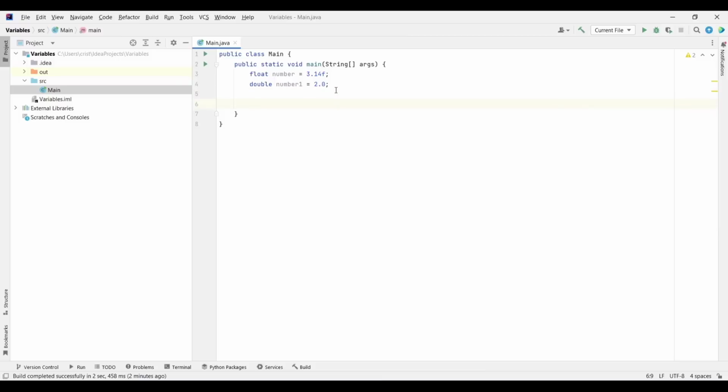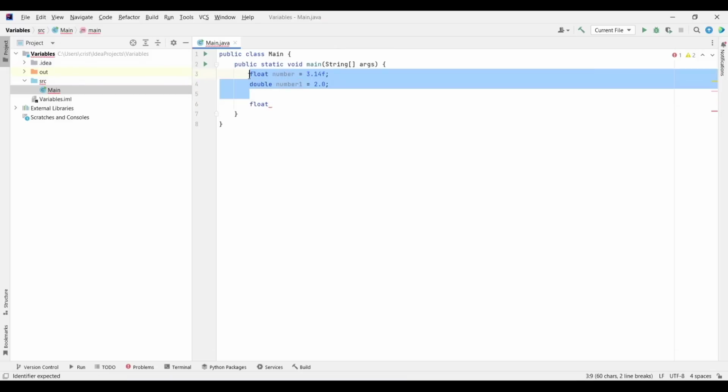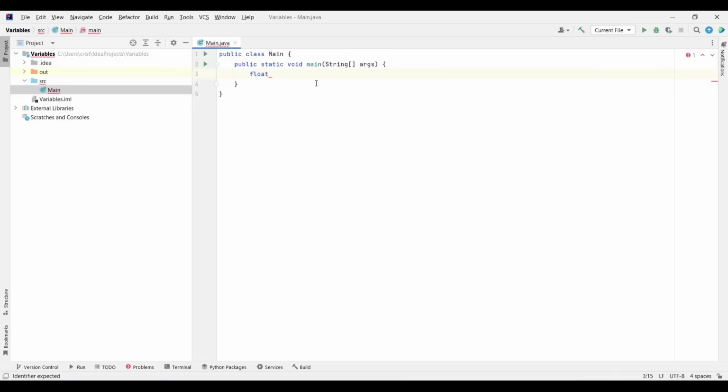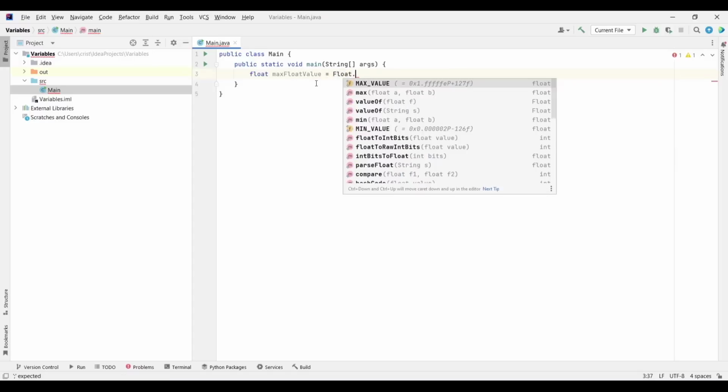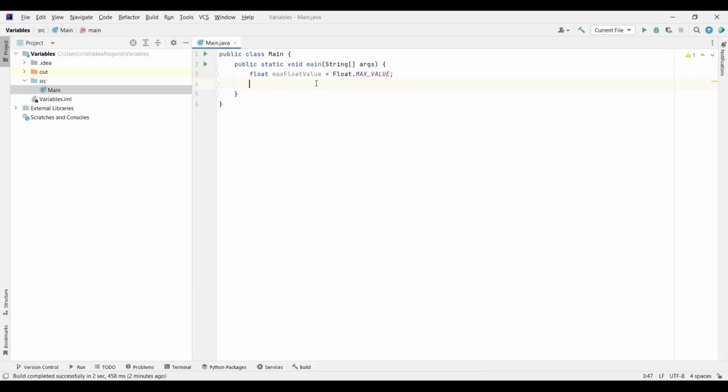So I will type here first float. Let's delete the code that we have above. Let's call it max float value equals Float.MAX_VALUE semicolon. Let's press Ctrl D. Let's change this to min, and let's change here to min.